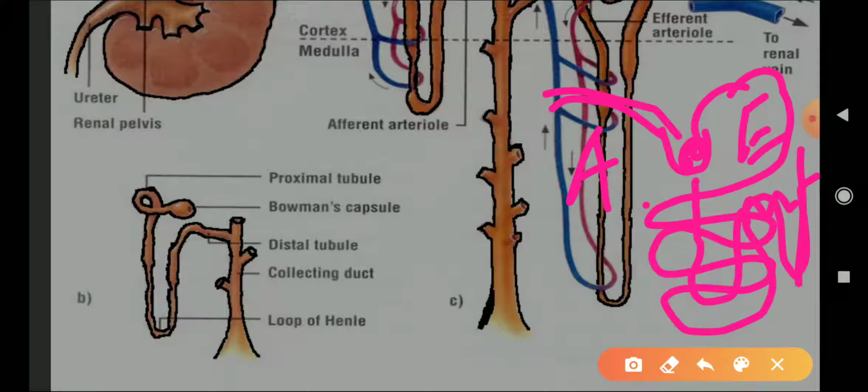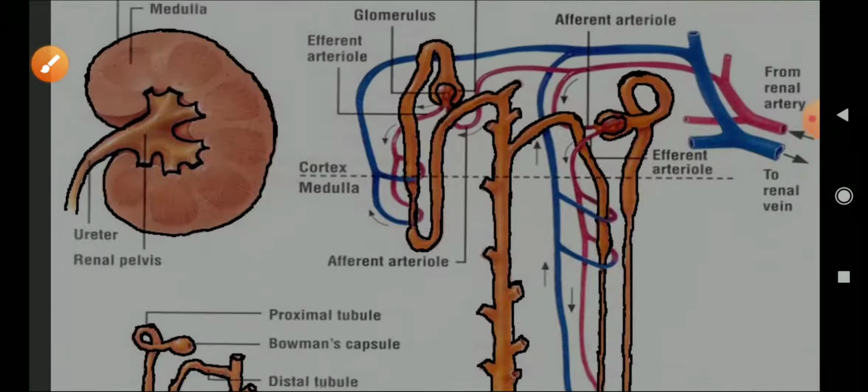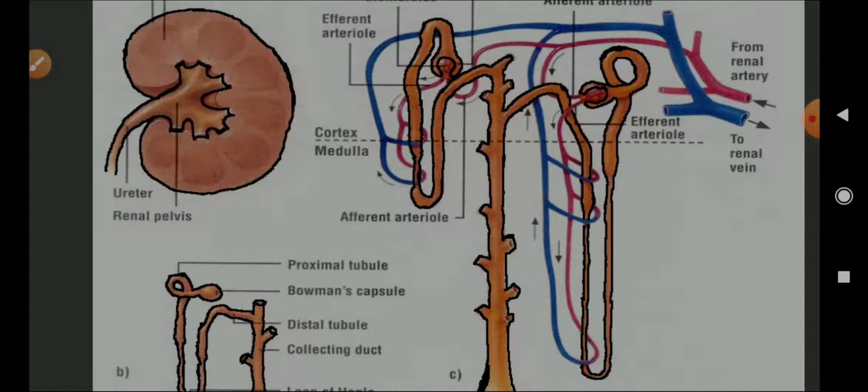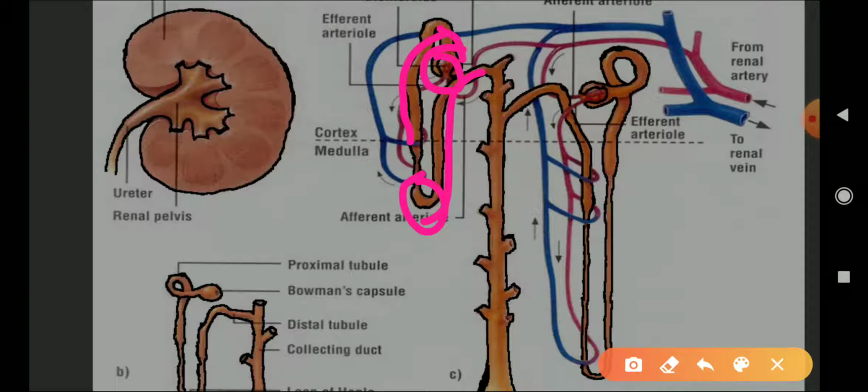अभी क्यों सराउंड करती है वो बाद में बताता हूँ, क्यों होगा ये सब, बराबर. वो फॉर्मेशन ऑफ यूरिन में आएगा, बराबर. So here this is what the structure of nephron looks like. Now see once again, this is Bowman capsule followed by proximal convoluted tubule, then loop of Henle to distal convoluted tubule, distal convoluted tubule to collecting tubule to collecting duct, and then it collects the urine and passes it to the renal pelvis to the ureter.